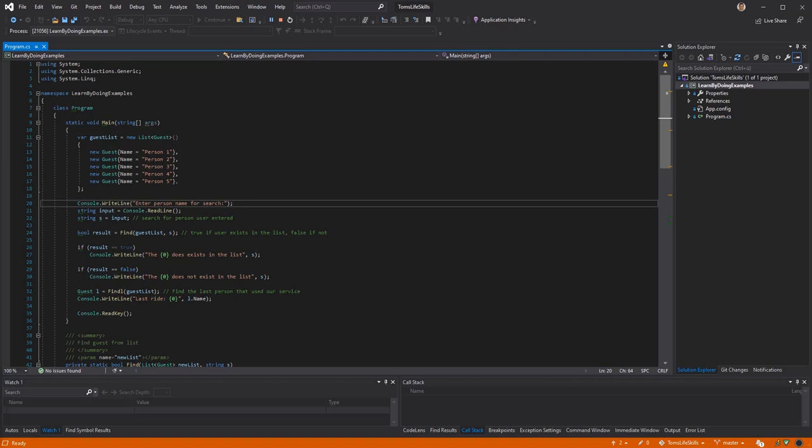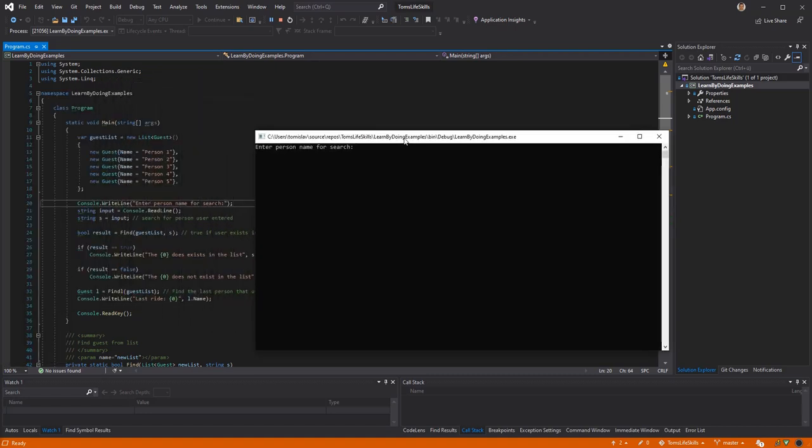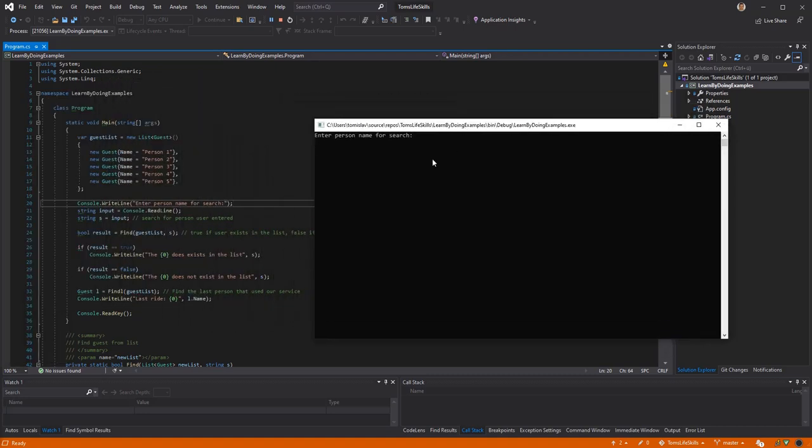So let's see what we have here. Okay, it's a console app that is asking enter person name for search. And if I enter person 1, it says the person 1 does exist in the list. Last ride person 5. Okay,